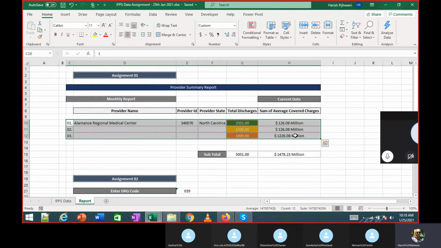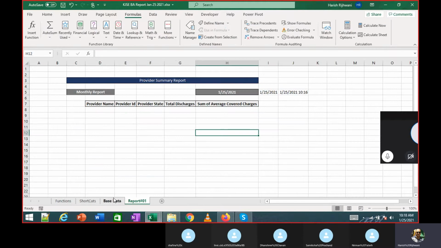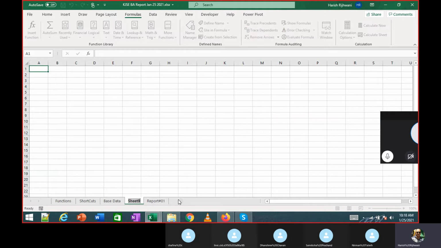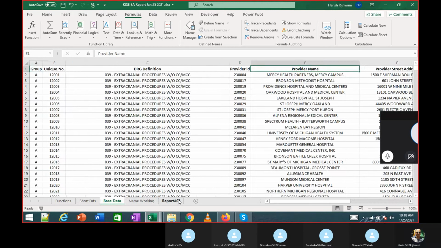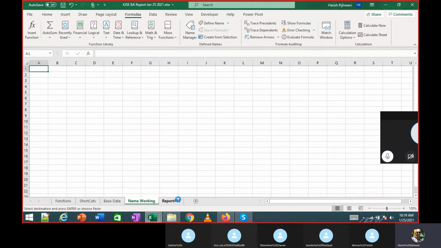The next step is we want to populate the provider name. In our data we want to copy provider name over here. So let's take this data. Let's go to the base data sheet that we've created. Add a new sheet. We'll call it name working. Copy this column, Control Shift down arrow on the provider name, and paste it over here.